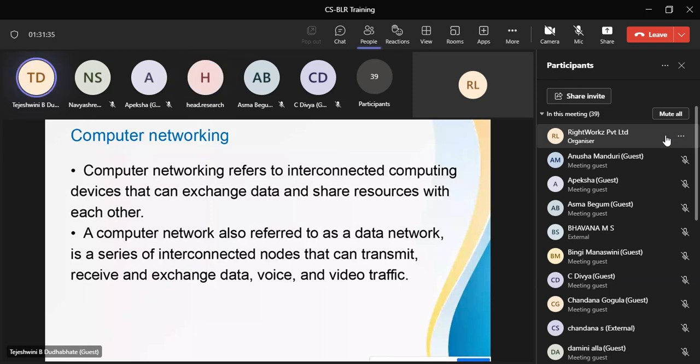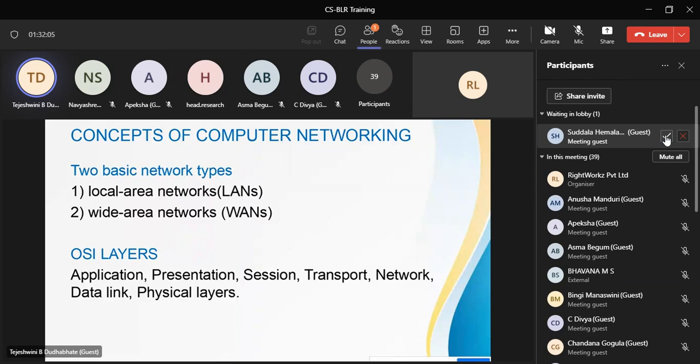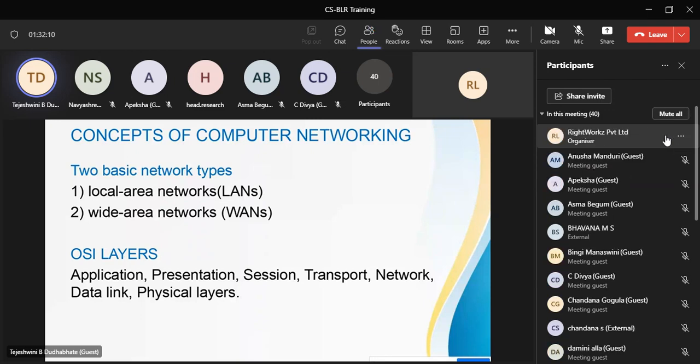So next is the concept of computer networking. There are two basic network types, LAN and WAN. LAN refers to local area network. It connects computers and peripheral devices in a limited physical area, such as business offices, laboratories, schools, college campuses, and teams of links that transmit data rapidly. WAN is referred to as wide area network. It connects computers and smaller networks to larger networks over a greater geographic area, including different